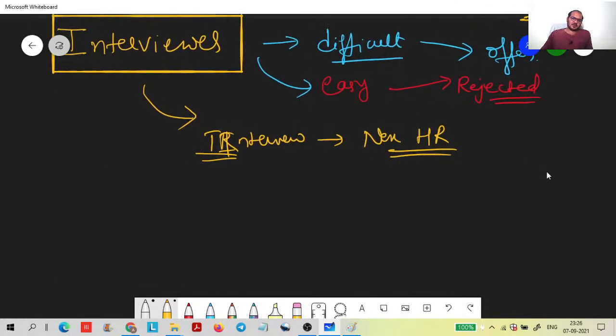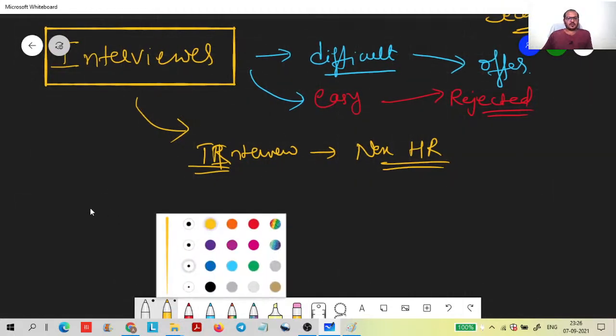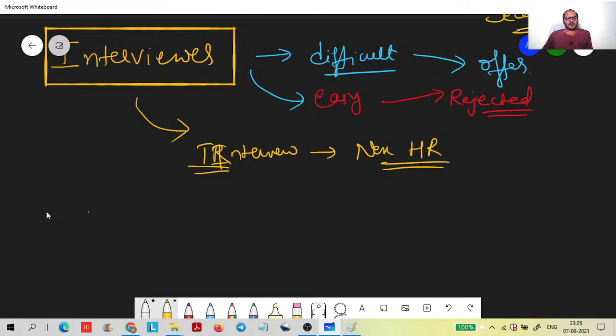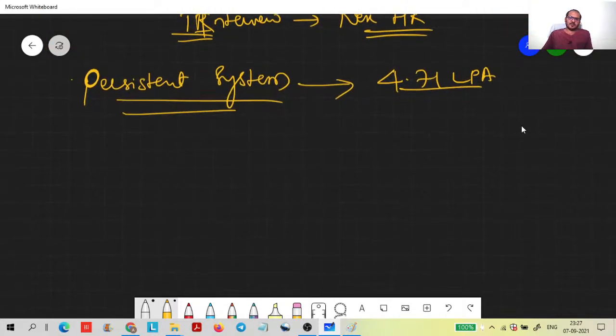So don't worry, Pallavi, you have so many opportunities. You just think that you are having some better opportunity, better than Persistent. Because as I can see, let me give some examples. With the same package, whatever base package they are providing, with the same package, the companies like